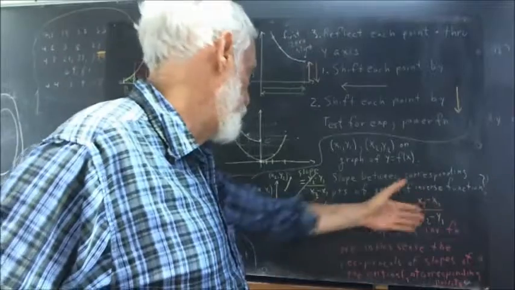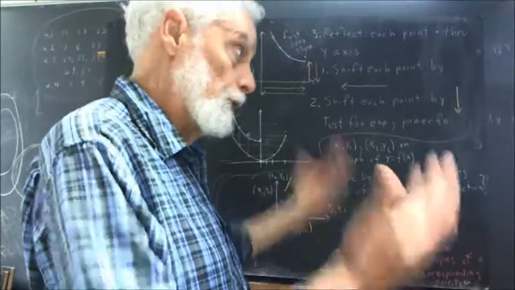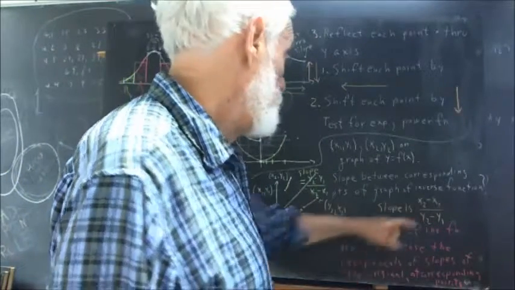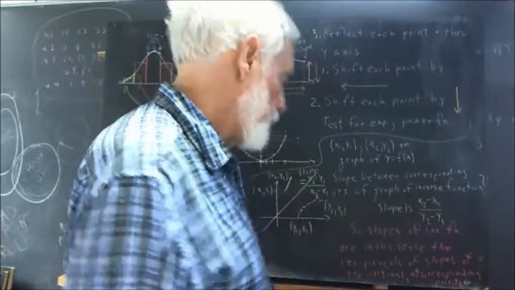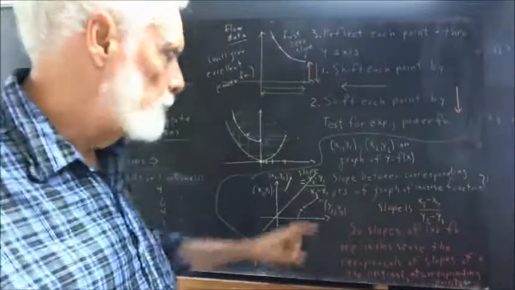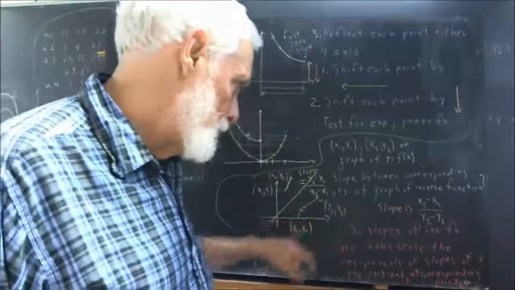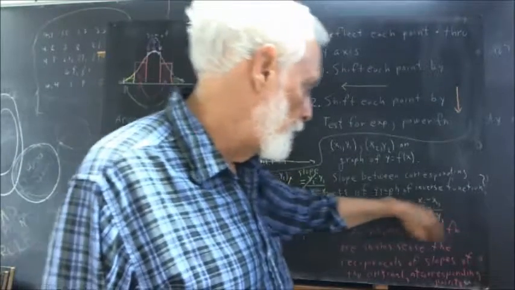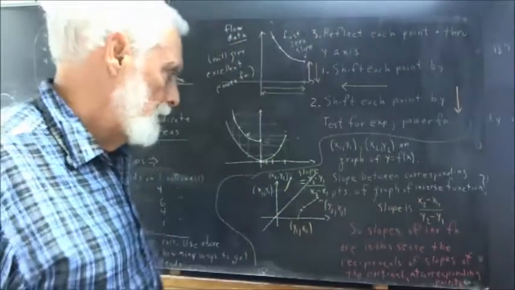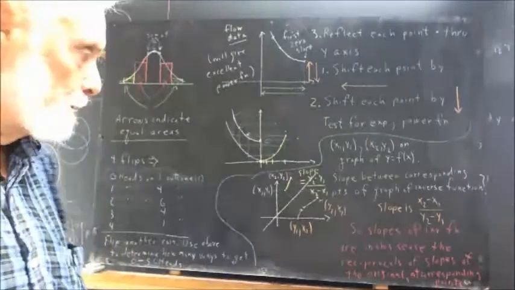I asked in class how that relates to this, and somebody immediately said it's a reciprocal. Yep, exactly. So this slope is the reciprocal of this. So we're going to say that the slopes of the inverse function are, in this sense, the reciprocals of the slopes of the original at corresponding points. And by that I mean, if